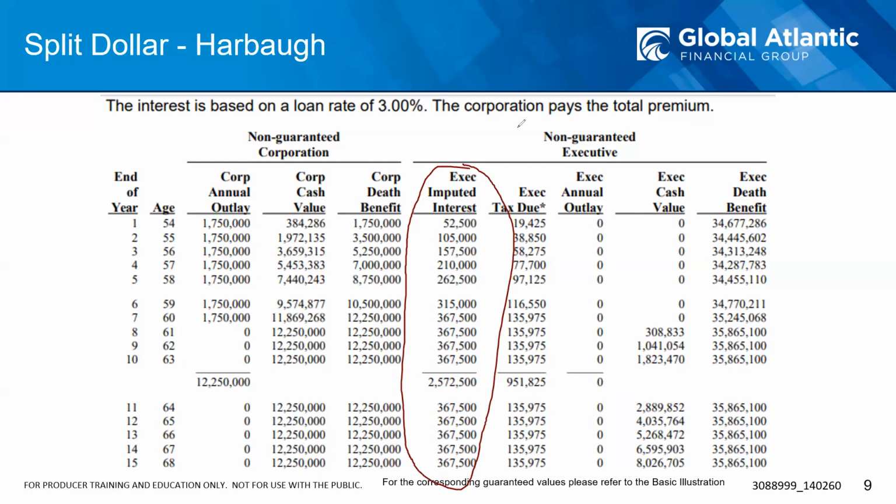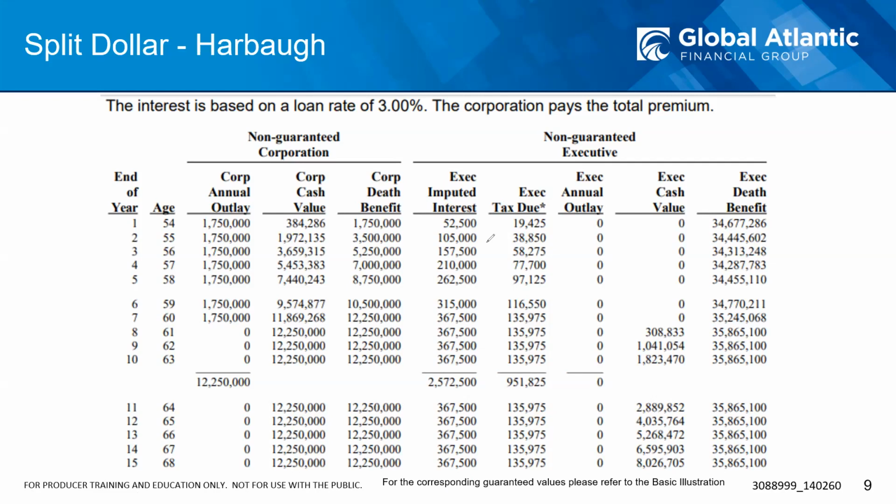Because how these work practically is Jim is not writing a check for $52,000 to the University of Michigan. That interest is just being forgiven, and so it turns into income, and it's put on his W-2 as taxable income. Jim's tax rate, I believe we put in 37%. So you see on that $52,000 in the next column, he's going to owe about $20,000 in taxes that first